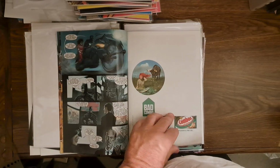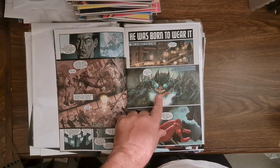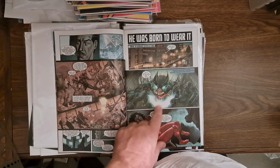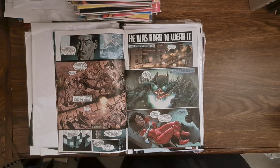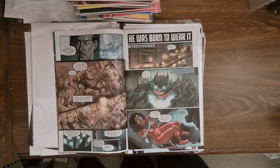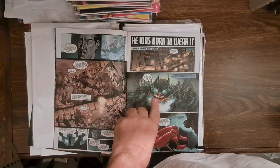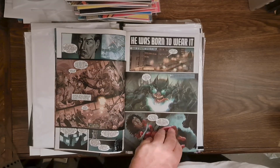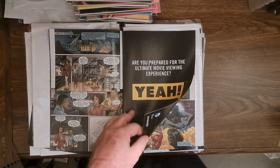And then that, so this is actually Batwing. He uses a drug that they developed from the fear serum that Scarecrow uses to interrogate people. So they inject it with them so they're scared. So this is kind of what they see when he's talking to them, and it's kind of a truth serum